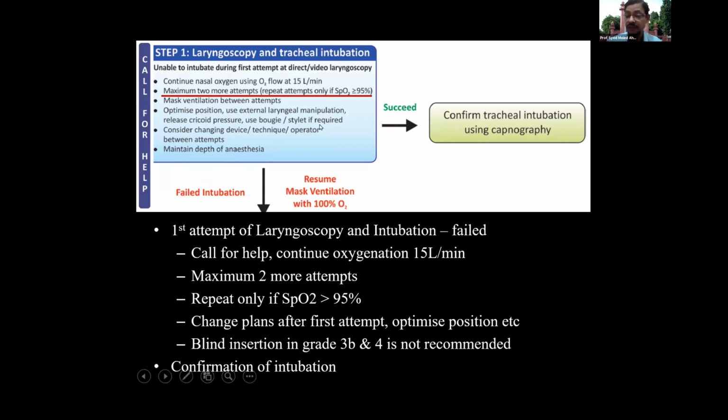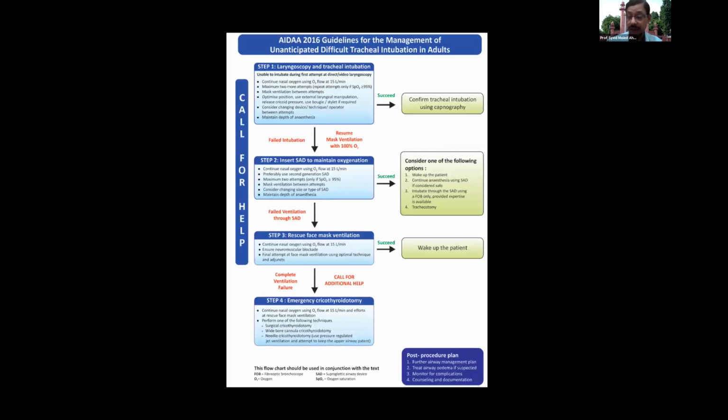Now, if you succeed in doing the tracheal intubation, then you confirm tracheal intubation by using capnography. Now, if you fail, resume your mask ventilation with 100% oxygen. Now, this is very important. Why is it that ISA has recommended 2 attempts in these patients? We need to know this because most of the cases, I'll come to that later on, in the second attempt,